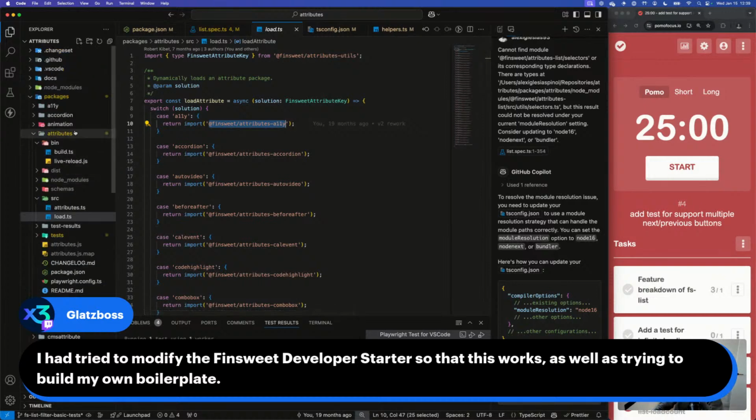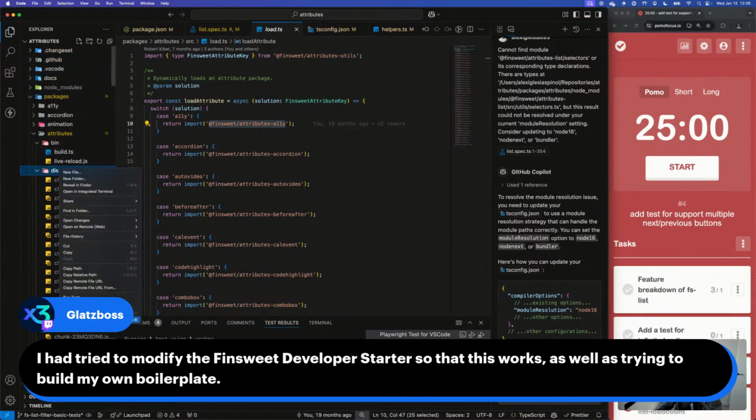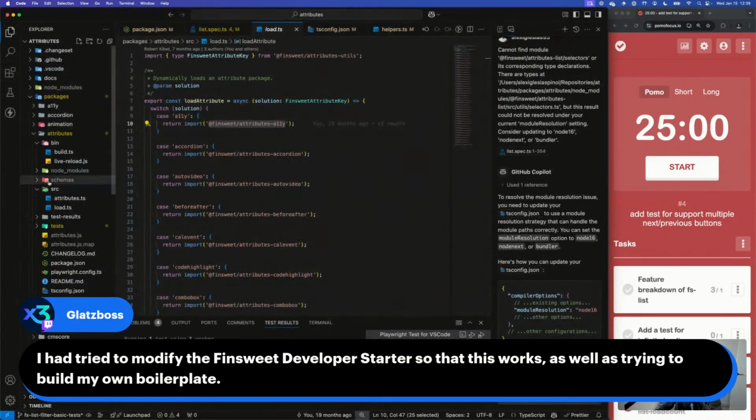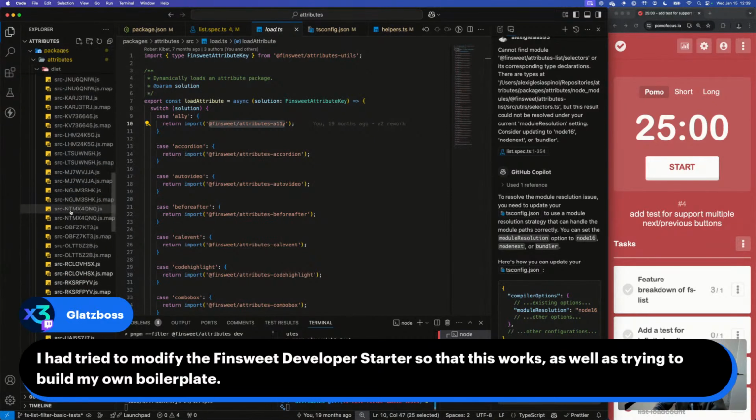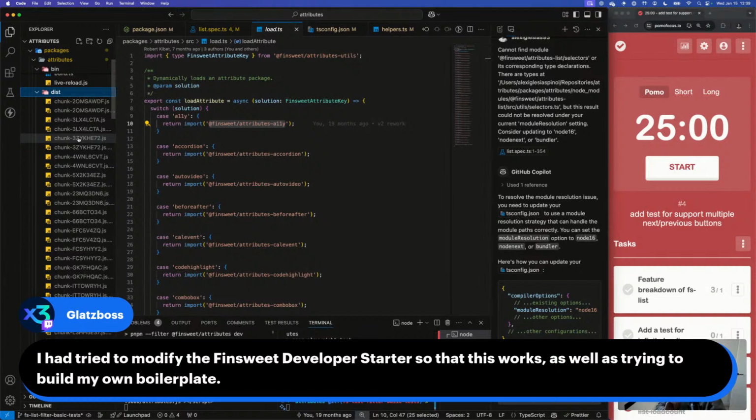So if we check the dist folder, there's a lot of stuff here because it's been accumulating. So let me get rid of this and let me run dev again for a second. But you will see how it essentially splits all the logic into different chunks like that. But not all these chunks are being imported.